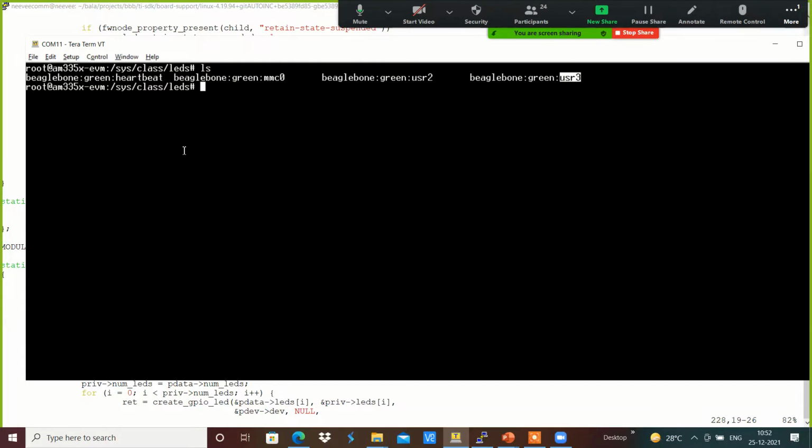For that, the kernel data structure is something like brightness. To change the LED's brightness, the brightness information has been exposed, and using simple file access, we can change it accordingly.